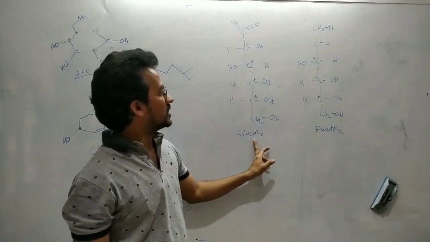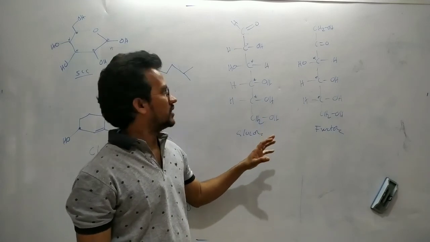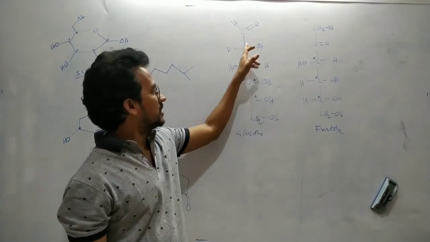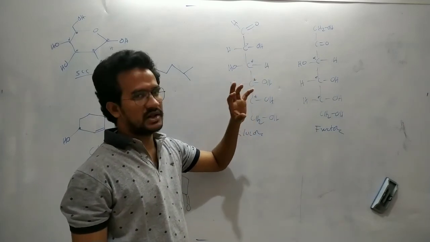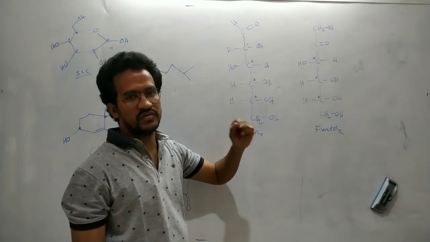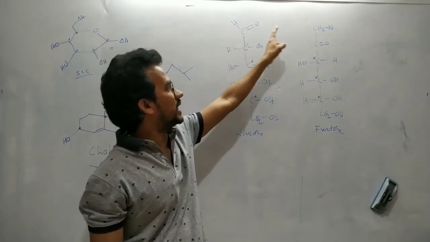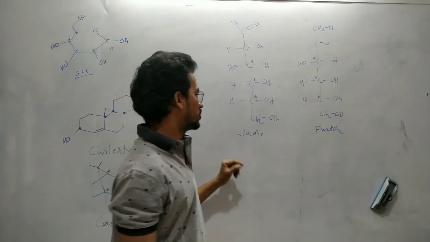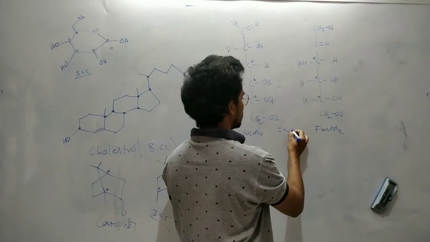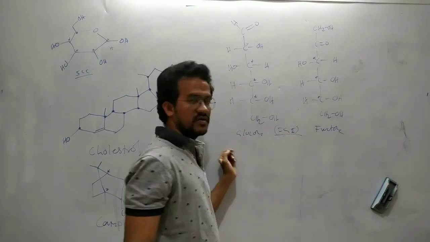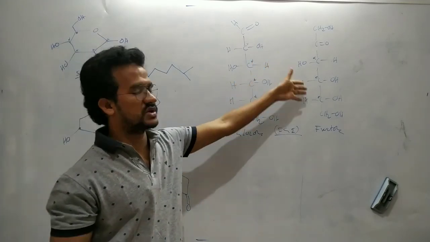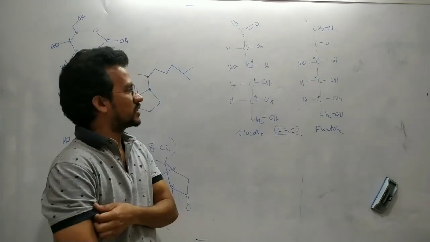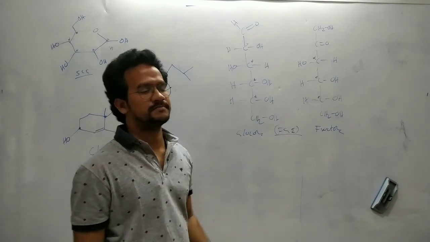Here it is glucose. And what is the isomeric relationship? Of course, this one has 4 chiral carbons, this one has 3 chiral carbons. Actually these two have the same molecular formula, but here the functional group is aldehyde, here the functional group is ketone. So glucose and fructose are functional group isomers. But this one has 4 chiral carbons, this one has 3 chiral carbons. It's not a chiral carbon in this case.